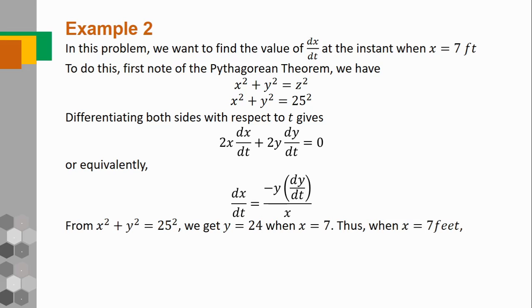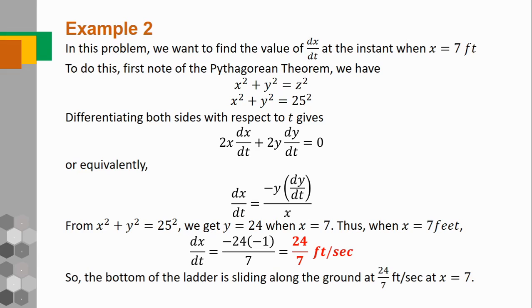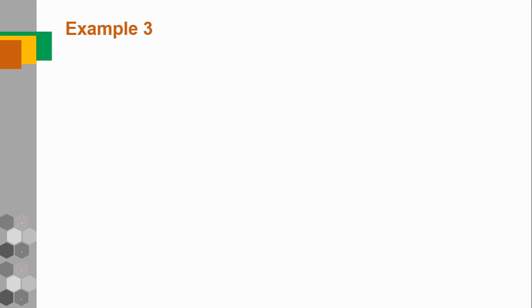From x squared plus y squared equals 25 squared, we get y equals 24 when x equals 7. Thus, when x equals 7 feet, dx over dt equals negative 24 times negative 1 over 7, and that's equal to 24 over 7 feet per second. So the bottom of the ladder is sliding along the ground at 24 over 7 feet per second at x equals 7. And for our last example,